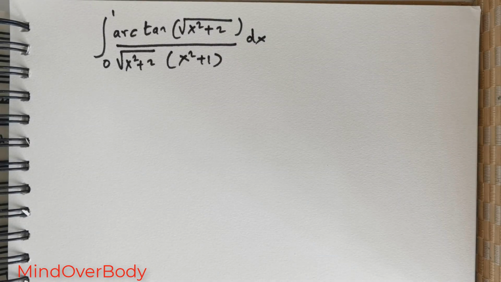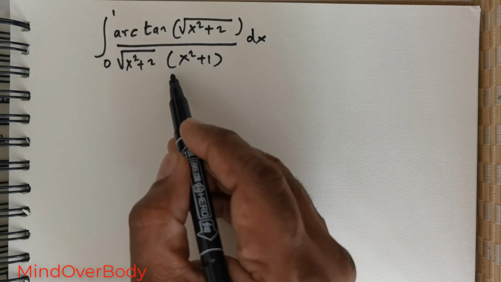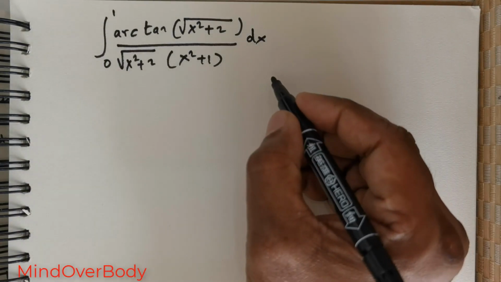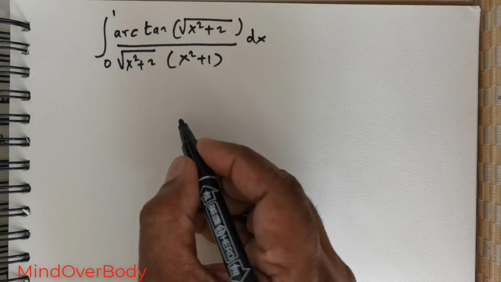Good day everybody, we got this beautiful integral from 0 to 1 of arctan of root of x squared plus 2 divided by root of x squared plus 2 times x squared plus 1, dx. Now this is popularly called Ahmed's integral. Let's get started. So first, I wish to apply the Leibniz technique of